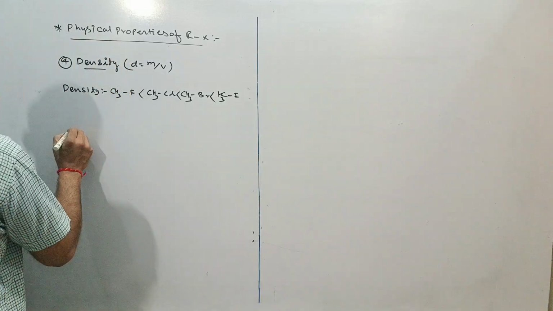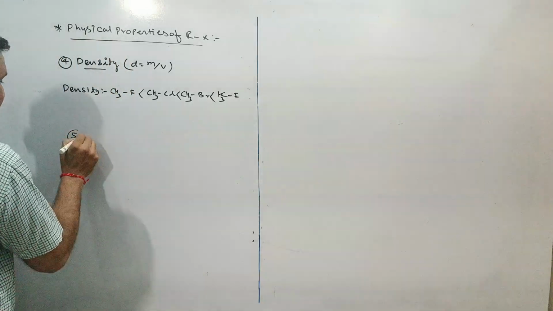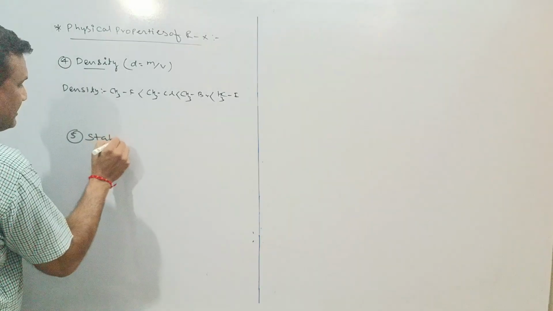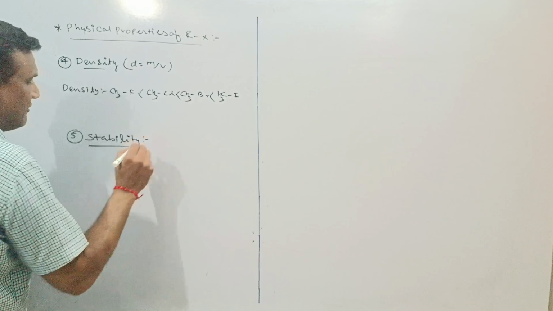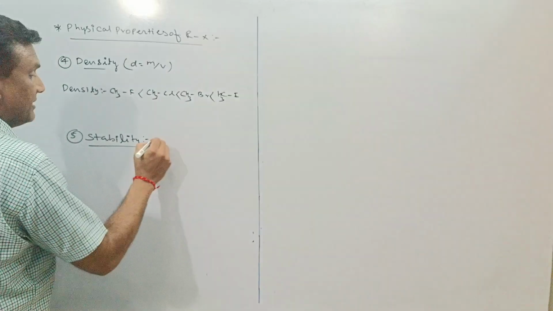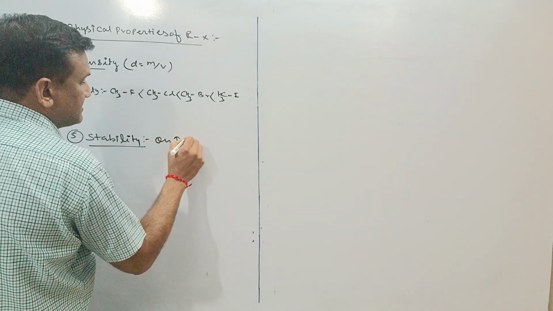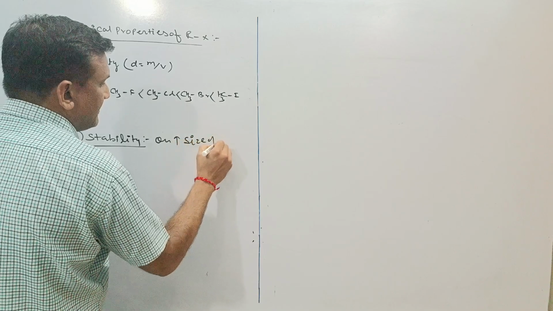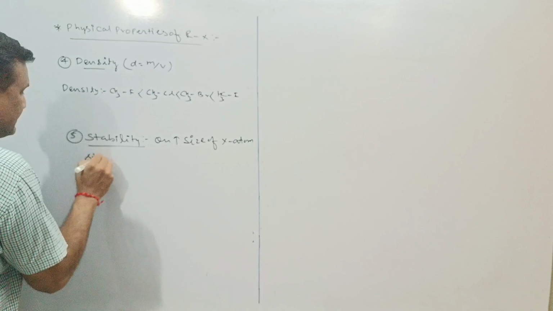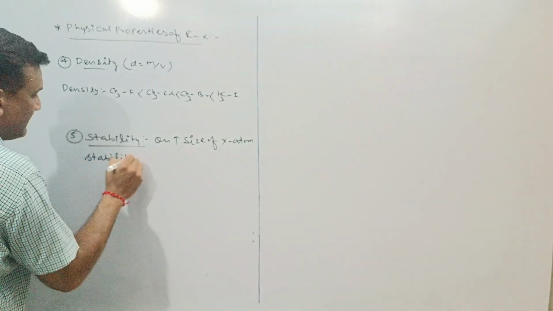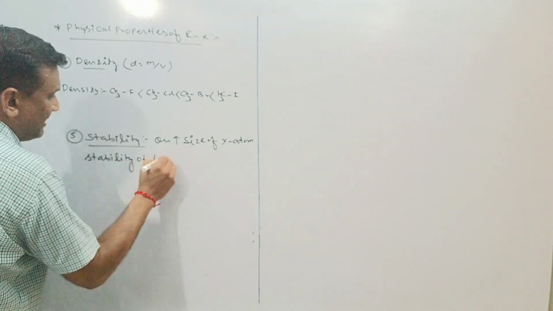Now I would like to go with the fifth property, that is stability. If we go with the stability, then on increasing size of halogen atom, the stability of haloalkane